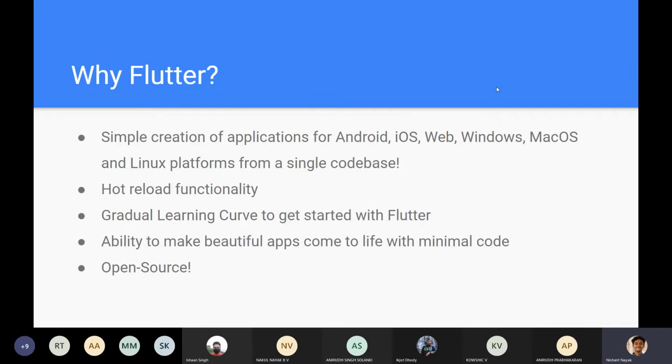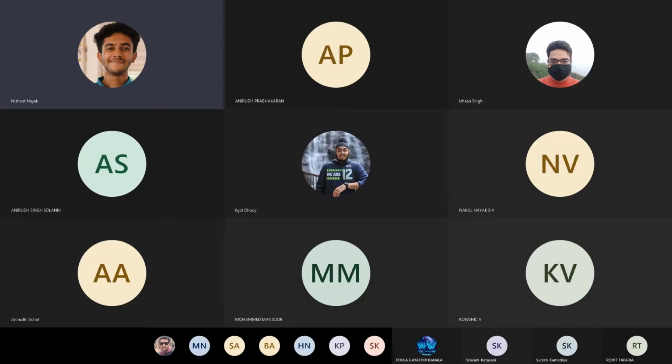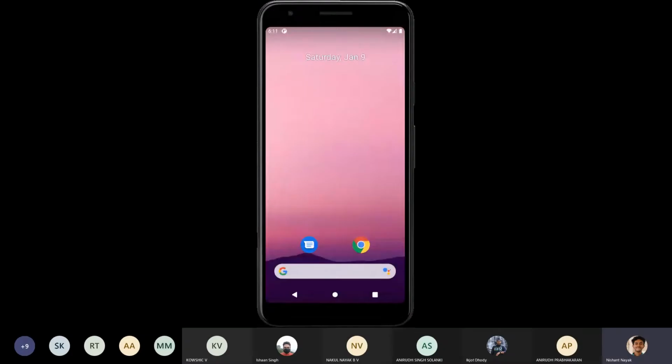So I think we'll go on to the next slide. So yeah, just before we get started, like I said, we are going to be building an application, and I just want to show you a gist of what we're going to be building, just the end product, just so that you guys can see what we will be building. So